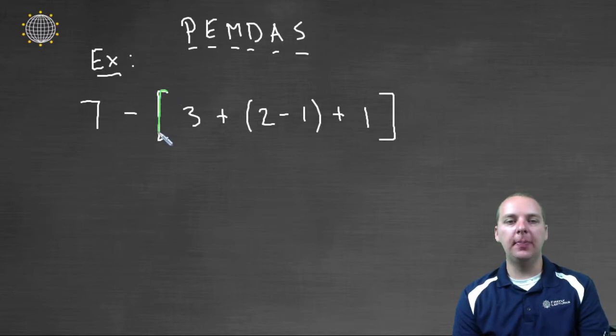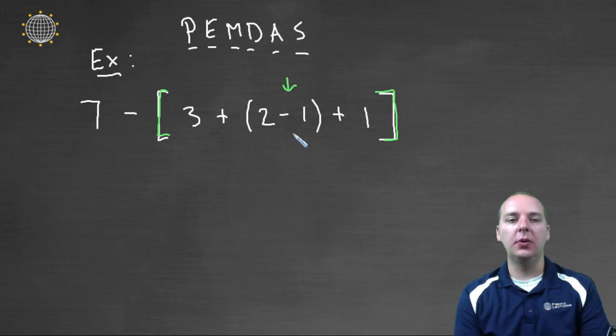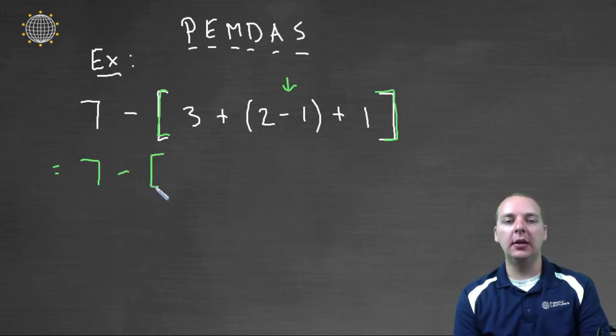I have this one, but if you tried to compute what's inside this one, then we have on the inside of the brackets 3 plus parentheses 2 minus 1, plus 1. I can't tell you what that is until I know what this parentheses is. So I think I have to start with the innermost parentheses, and then I'll be able to tell you what's in the brackets. So we'll have 7 minus bracket, okay, 2 minus 1 is 1, so we'll have 3 plus